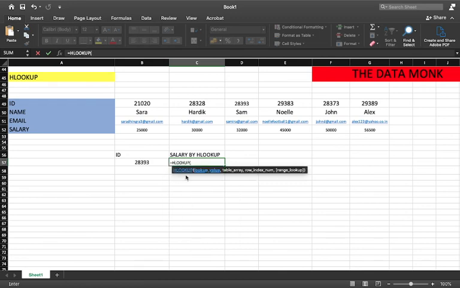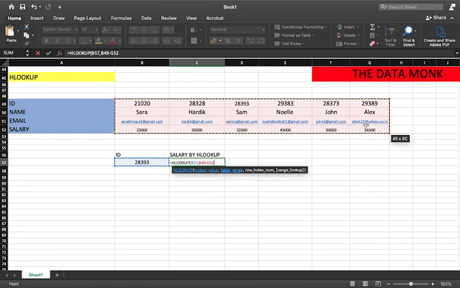If you see, it has the same 4 parameters that we used in VLOOKUP. First we need the lookup value, so we are looking for this particular ID, so I'll select this cell. After that we have to select the table array, so you'll select this horizontal table. If you want to fix it, you have to use the F4 key. I have described how to use that in detail in the previous video.